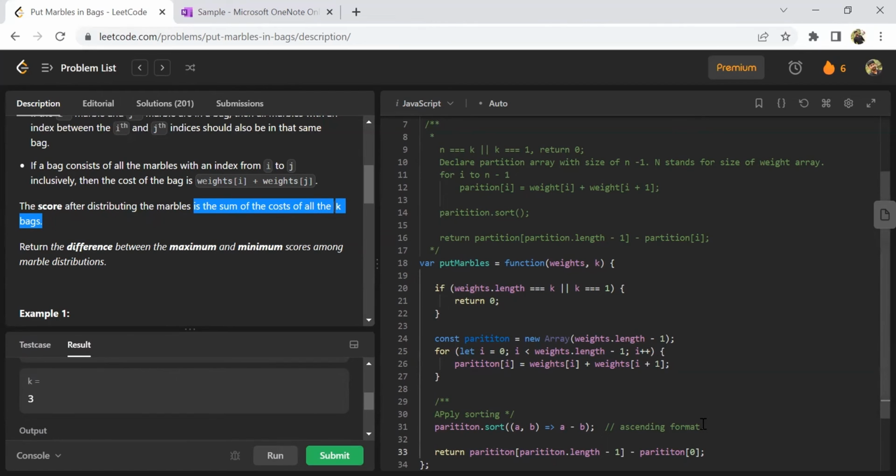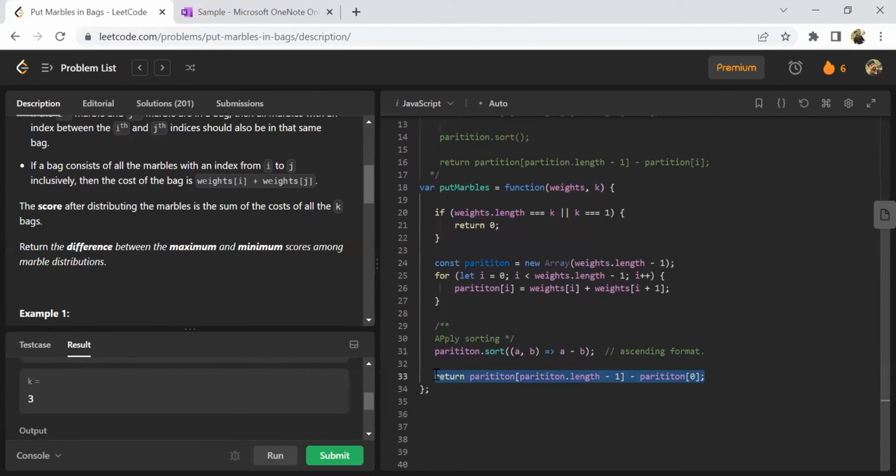But you're simply taking the minimum and maximum value for one particular bag, right? So you have to take the summation value. In that case, you have to consider all the partitions, so definitely you have to iterate k minus 1. Let's say my partition array is 1, 3, 4. In that case, you have to consider 1 minus 4, which is 3, and 2 minus 3, which is 1. Then the answer would become 4. So in that case, you have to simply iterate till